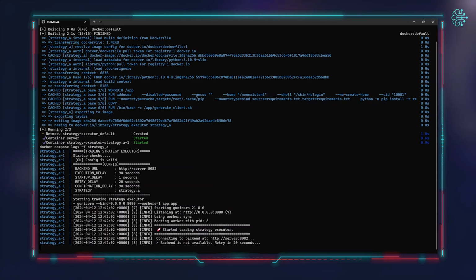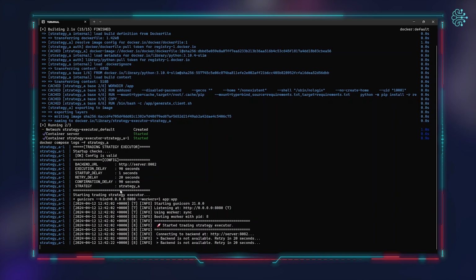And very similarly to the previous executions where we were running the Bollinger Bands strategy, now it is spinning up a trading strategy executor, but with a different configuration. It's going to be using the strategy A, which is the example strategy. That is going to be simply logging different information retrieved from the bot API, so you could see how it is possible in Python code. This is really just a reference, an example for you,